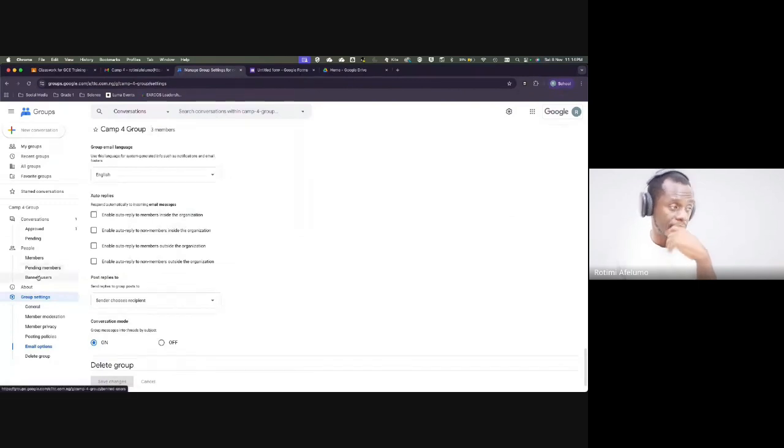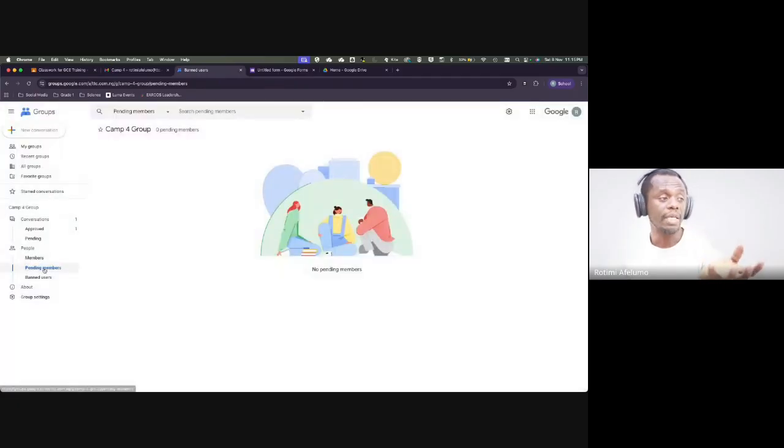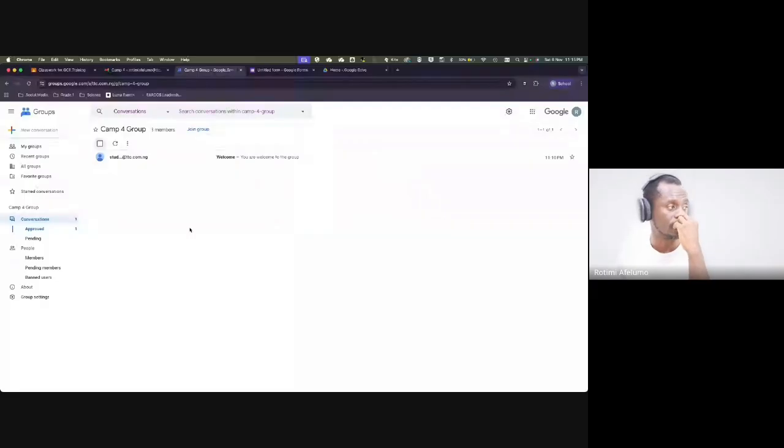You can ban members too. If a member is constituting a nuisance, you can ban the member, and then later you can enable that member to come back. If members join, you would have to approve them before they are able to finally join the group. That's why you have the approval for pending and for those that are approved. Then you'll be able to see all your conversation also. That's basically